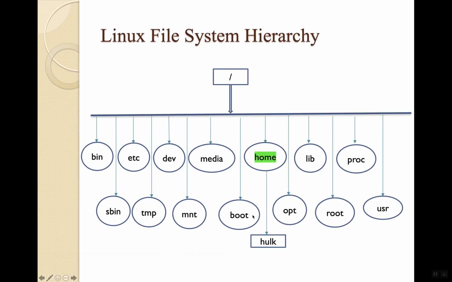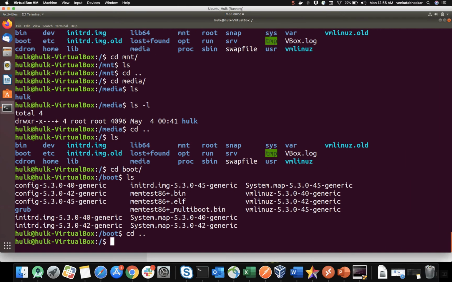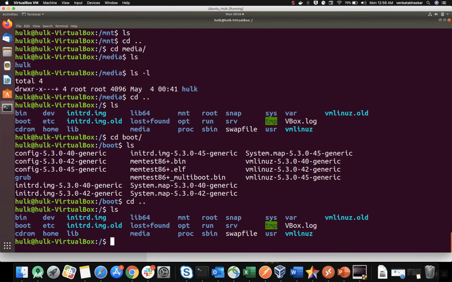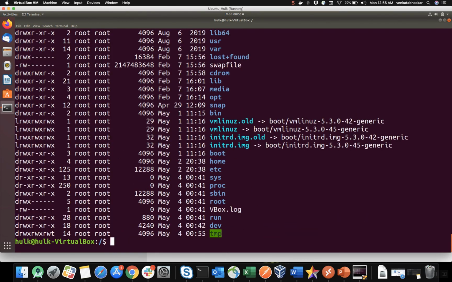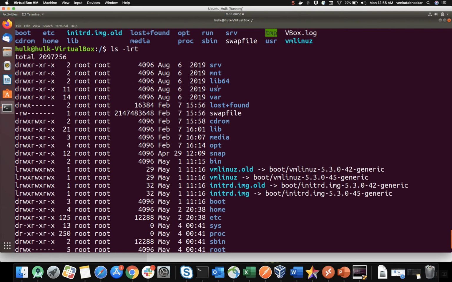Next we have the home directory. If you see here, just observe, ls -lrt, just let it be. Where is the home directory? We have it here somewhere. See, bin, media, and see there is a home directory. Inside is my home.